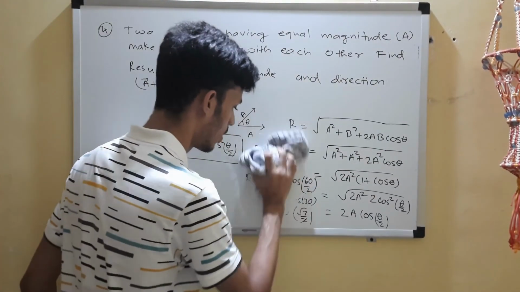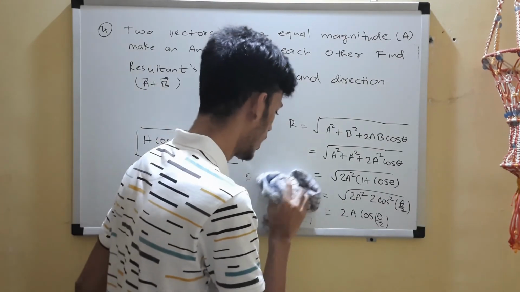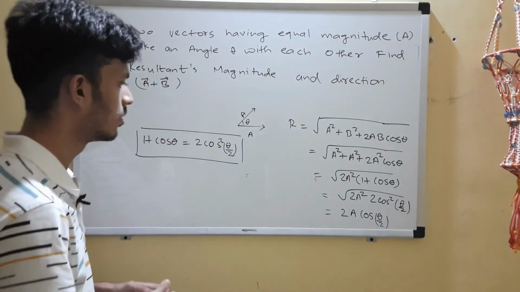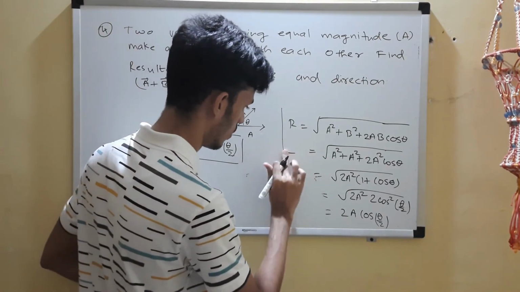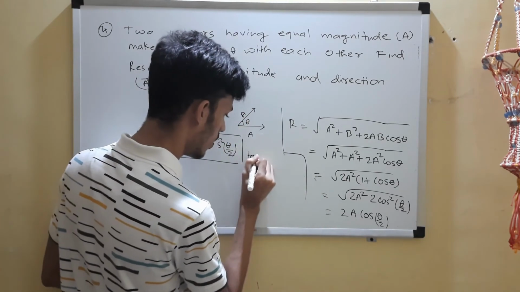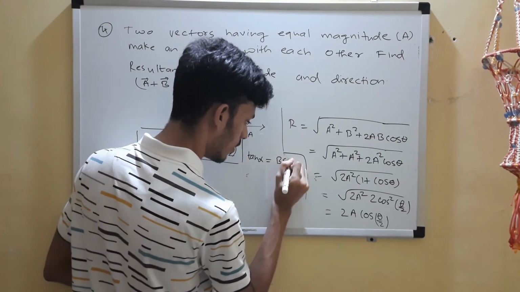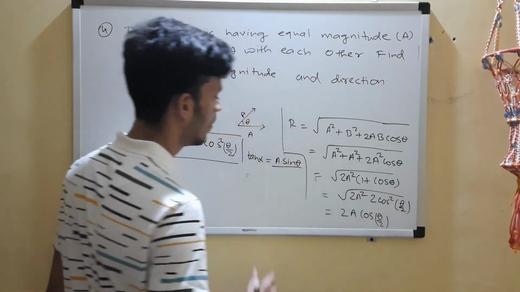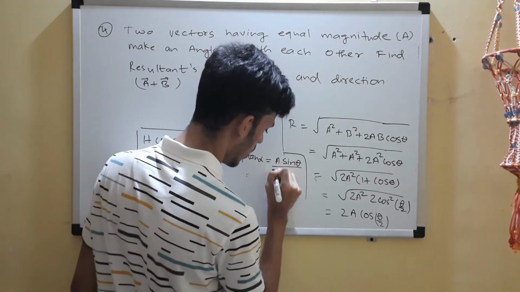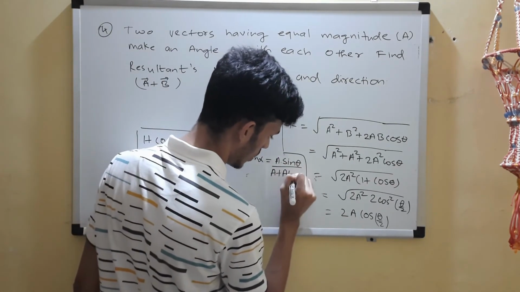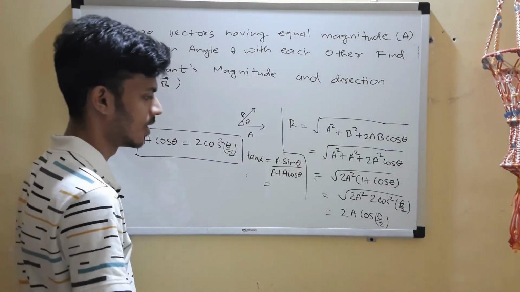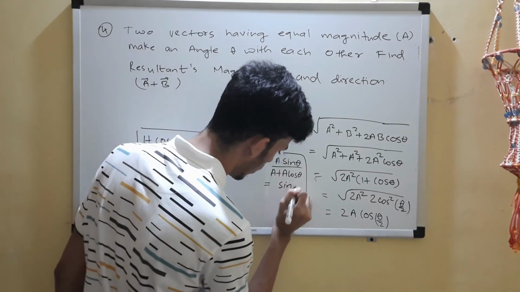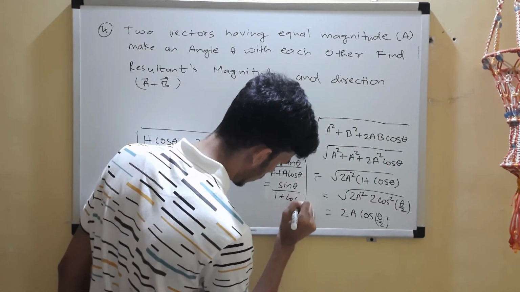Anyways, let's come back to our discussion, wherein we have to find the direction as well. Direction. So where can we do that? Here I'll try. So tan alpha is b sin theta. Now this b and a doesn't make any sense because both of them are equal. So simply we can use a. So a sin theta upon a plus a cos theta, right? In place of b also I used a. Now a is common from the denominator, and you can cancel it on top. So sin theta upon 1 plus cos theta.